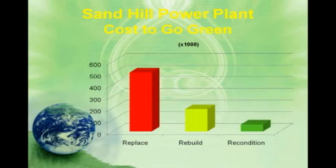Now, it's hard to argue with these numbers. What's interesting is, after they recondition or rebuild these motors, are they going to overall truly be drawing less power? And that's something that they're on a continuous mode of evaluating and feeding back information on to make sure that they're doing the right thing. But hard to say that saving $500,000 in just pure replacement costs, with the possibility of a 5-year return on investment on some of those assets